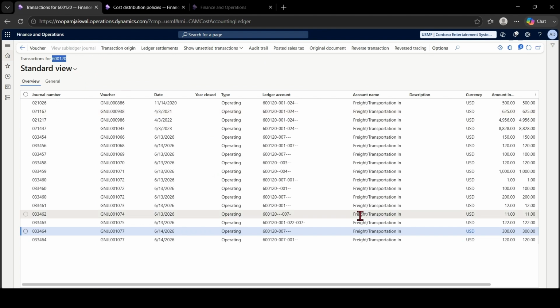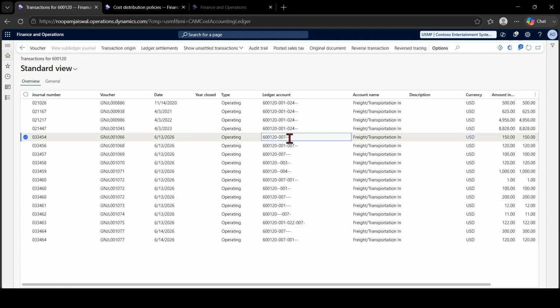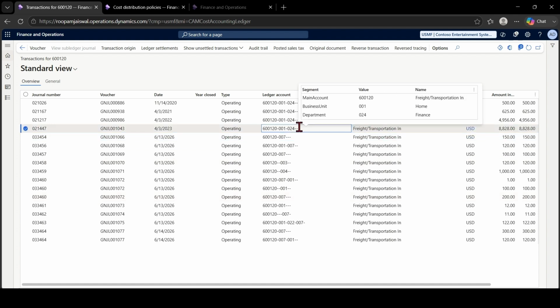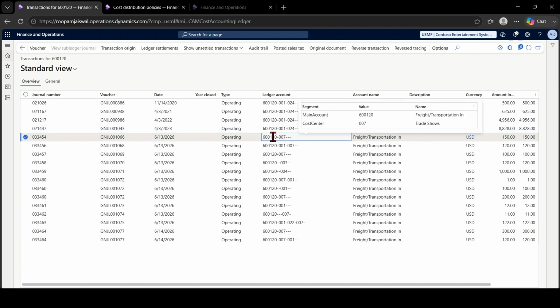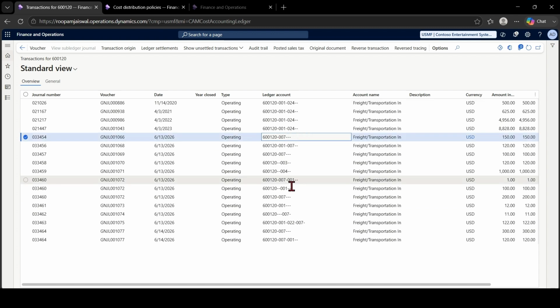Now you can see here, whatever cost we have in 007, this particular cost, and this particular cost, whatever is only in the cost center, only that will be taken for an allocation. Since this transaction, if you see here, won't be applicable for an allocation. So as per my formula, only the cost center 007 and this account I am going to allocate.